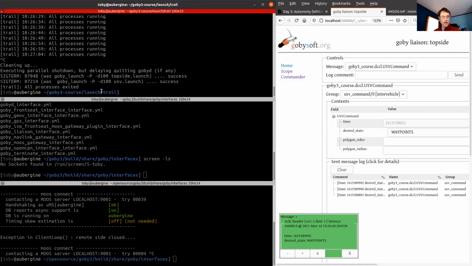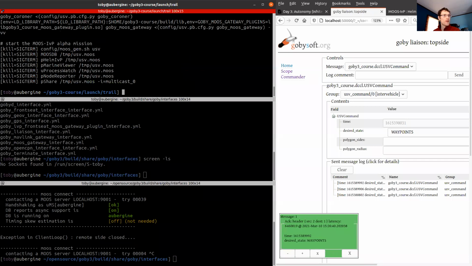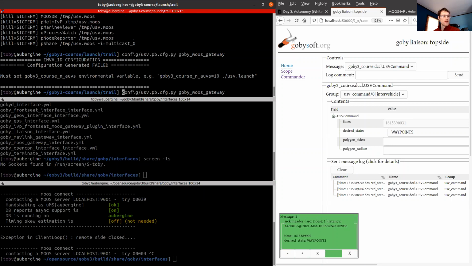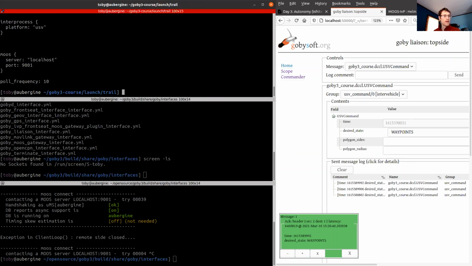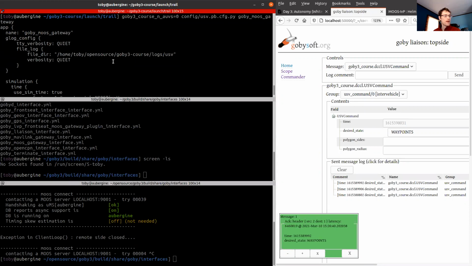No, that looks fine. Let's look at what we get here if we run the USV config. Connecting to the right hostdb. Works all right.